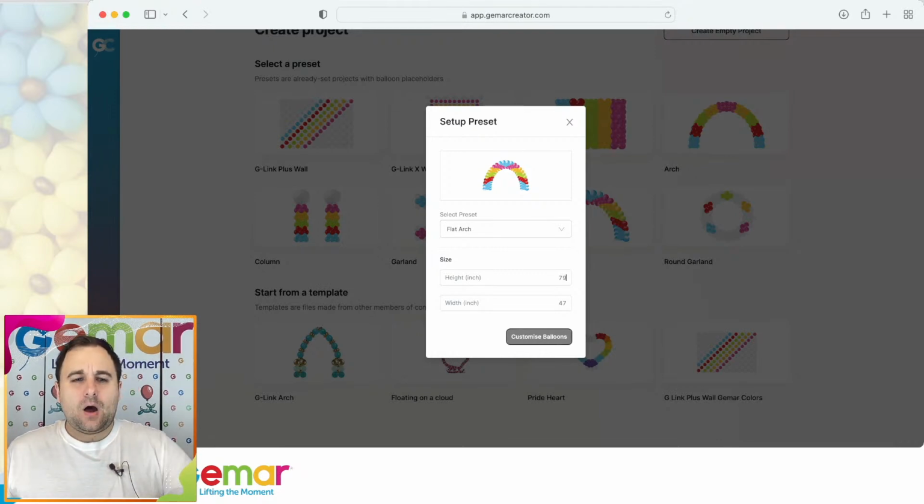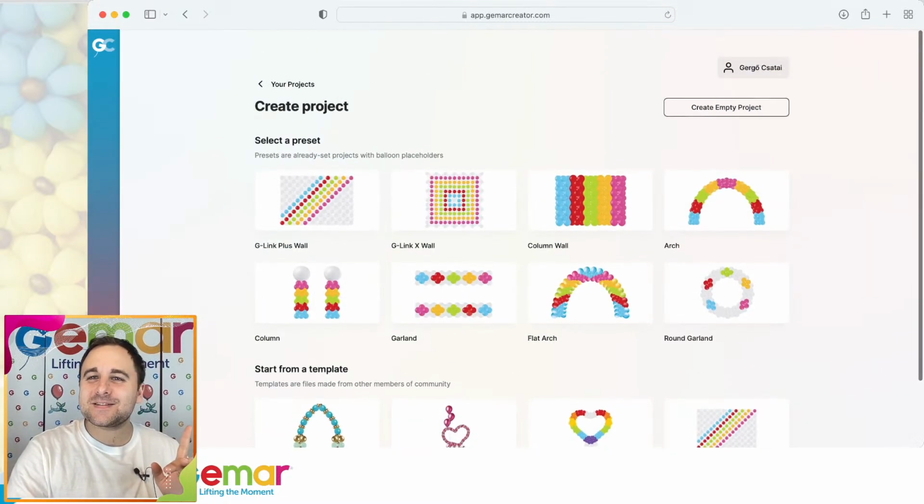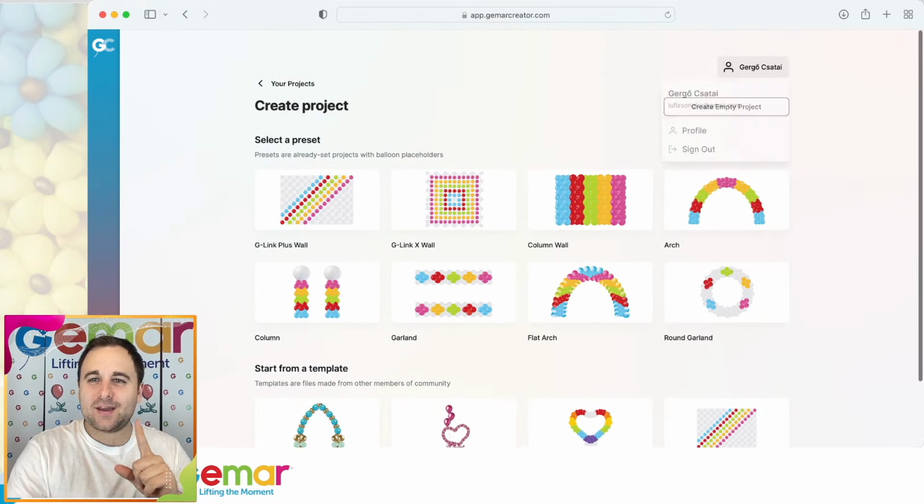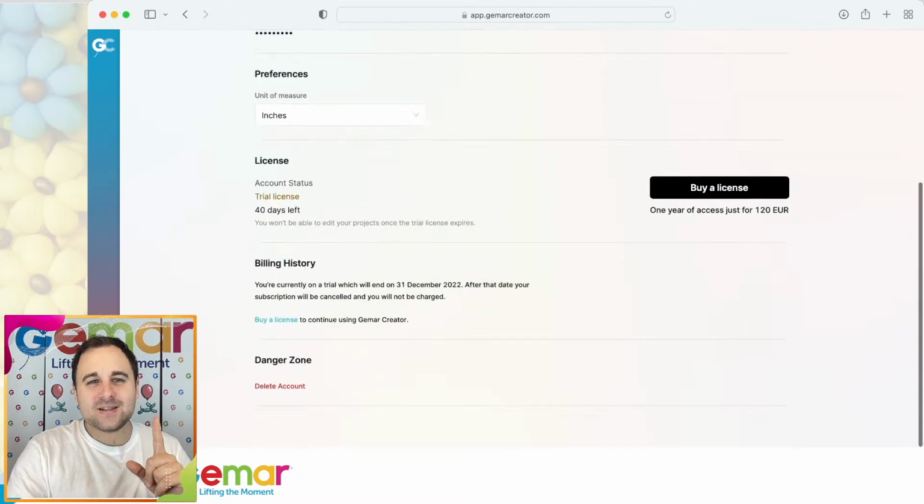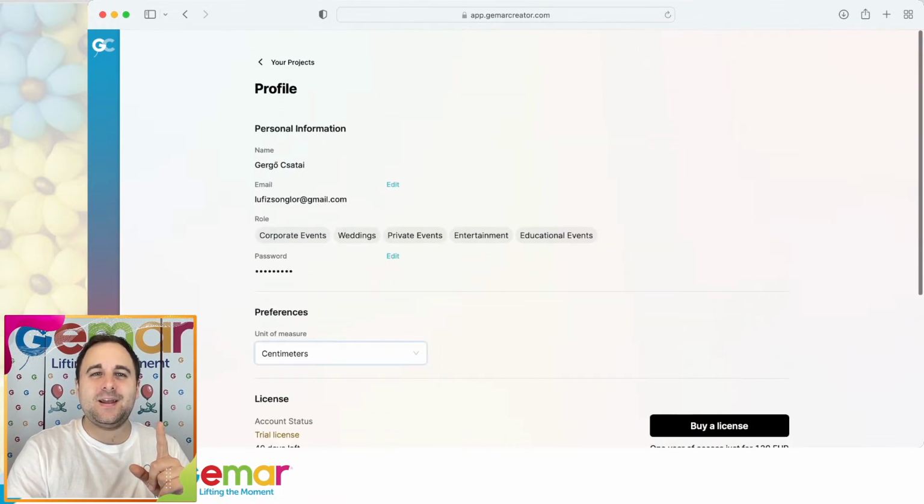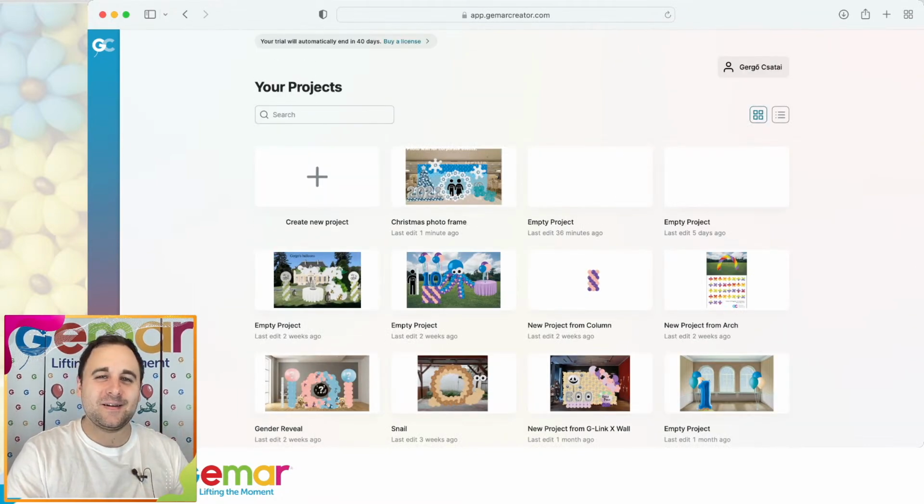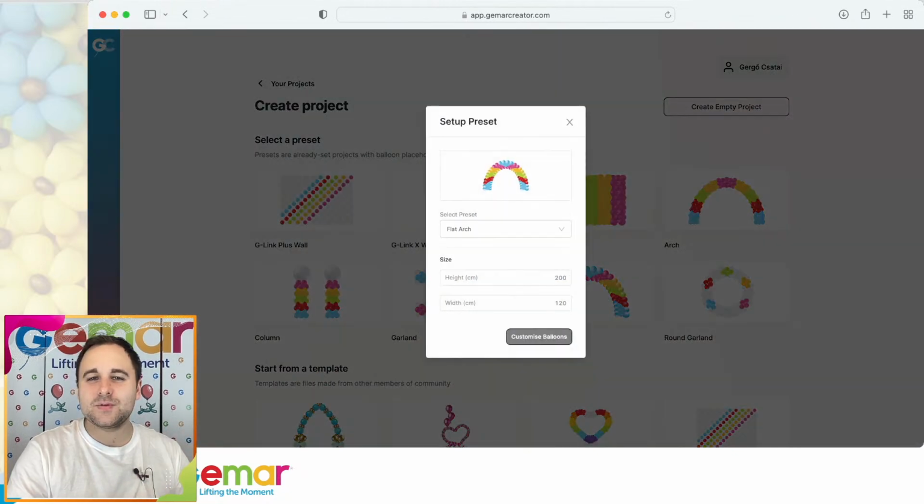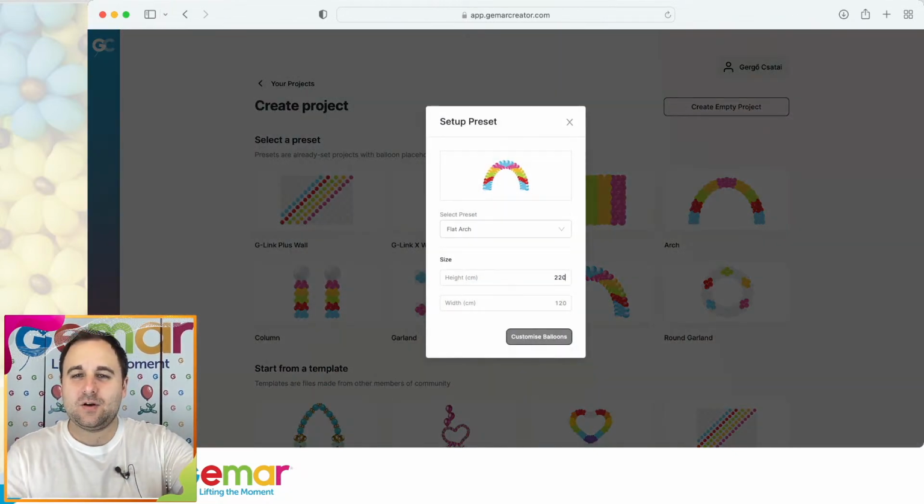Okay, so let's set the height. Let's just stick with 220 centimeters, and oh, we are using inches. Okay, I need to switch back. I know I said I'm going to use inches, but I can't count in inches the width and the height. Not the balloons, I can count in balloons, but in centimeters I'm totally lost. Width, let's just go with